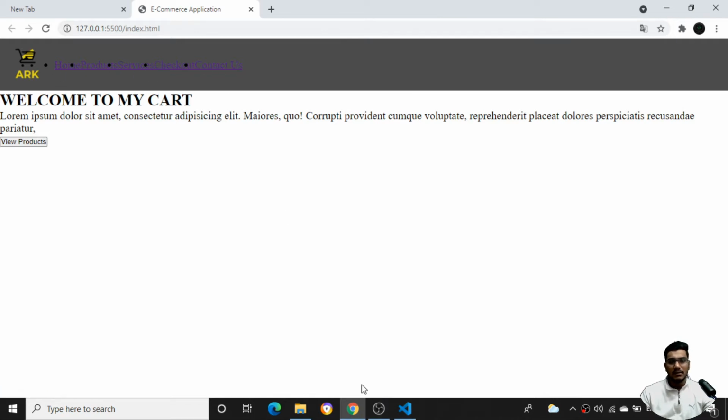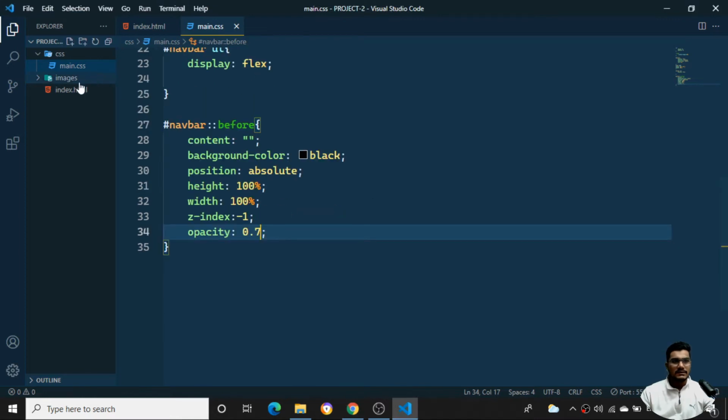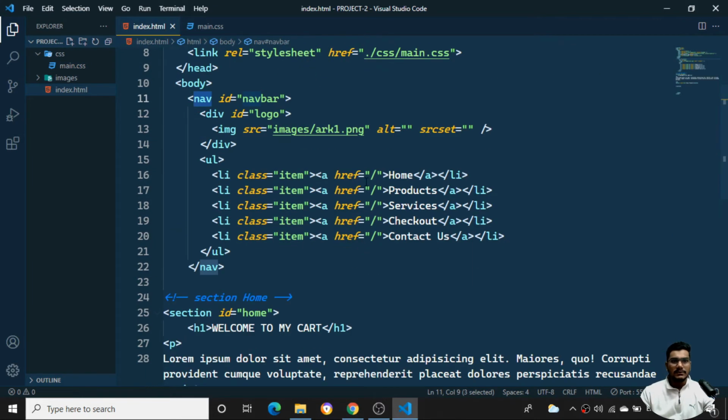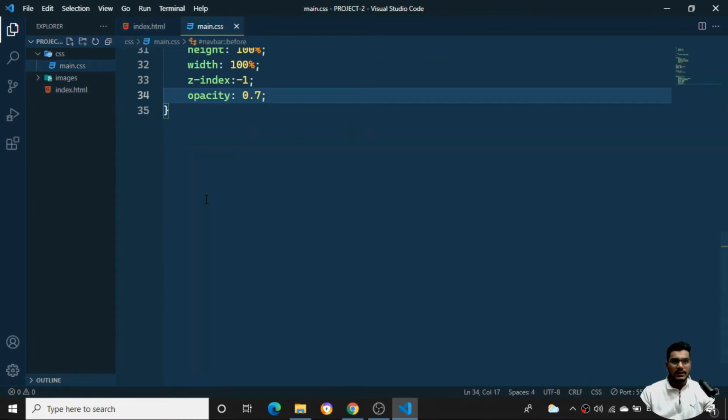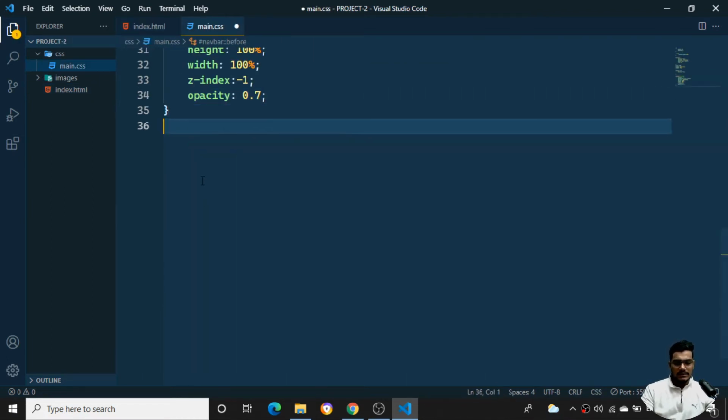Once it is done, now we'll be applying the CSS property for this home, product, services, checkout, and contact items. Where is that coming from? If I go back here, that is an anchor tag, and it is inside my li tag. So I need to give a CSS property for it over here. I'll say the particular navbar is there, so wherever there is a hashtag navbar,